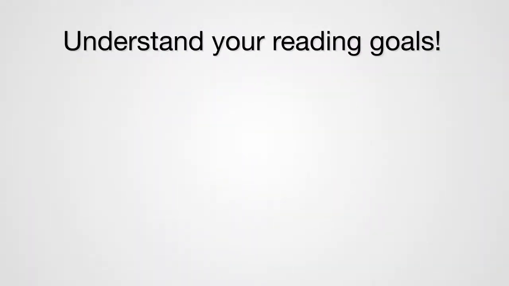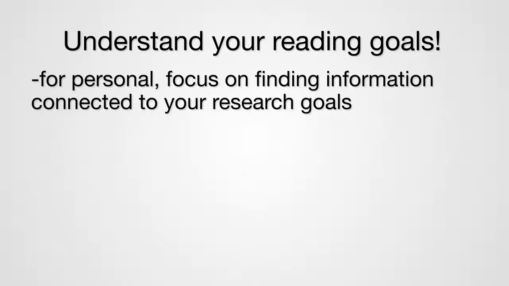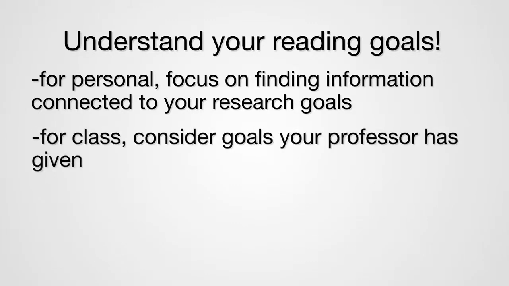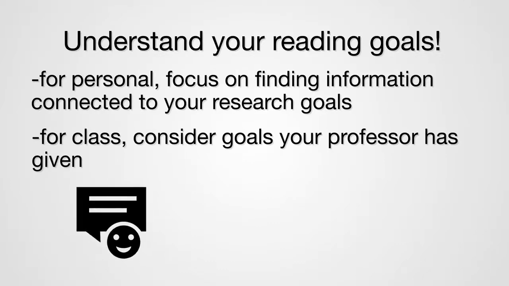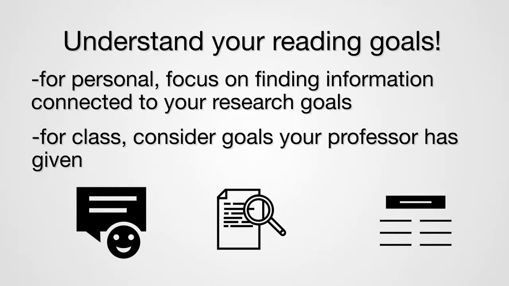Understand your reading goals. If you're reading for your own personal work, then focus on finding information connected to your research goals. If you're working on a class assignment, consider the goals your professor might have for you. They might want you to concentrate on creating a series of responses to questions, or perhaps locate the main idea and/or findings. If you are given an assignment sheet with listed objectives, you might want to look over your completed annotation and check off each objective when finished. This will ensure that you've met all of the